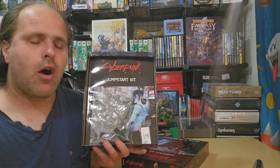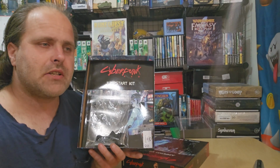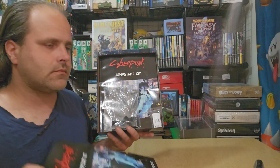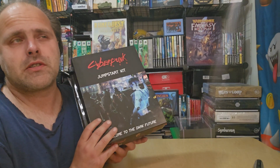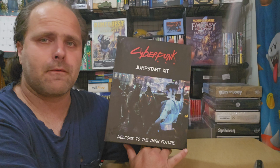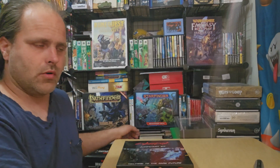It's nice to have pawns. It's nice to have some dice in there. You got a world book that gets you into the culture of it. You got the rules. You got some characters. But this is going to be a preliminary score of 3.5 or 3.25, just because you have to do some quick conversion when you go from this to the core rules,